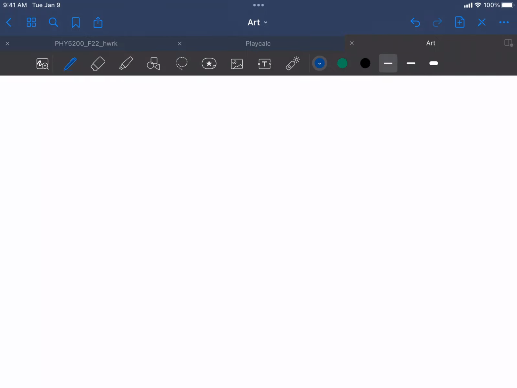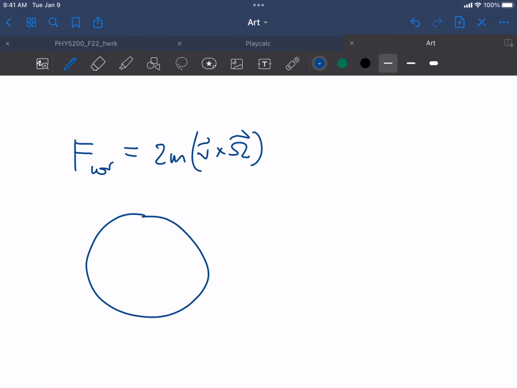So we've been talking about the Coriolis force, which is this, and we came across a little bit of a puzzle when we were discussing this in class. We know that for someone in the northern hemisphere, if they fire a bullet or something north,